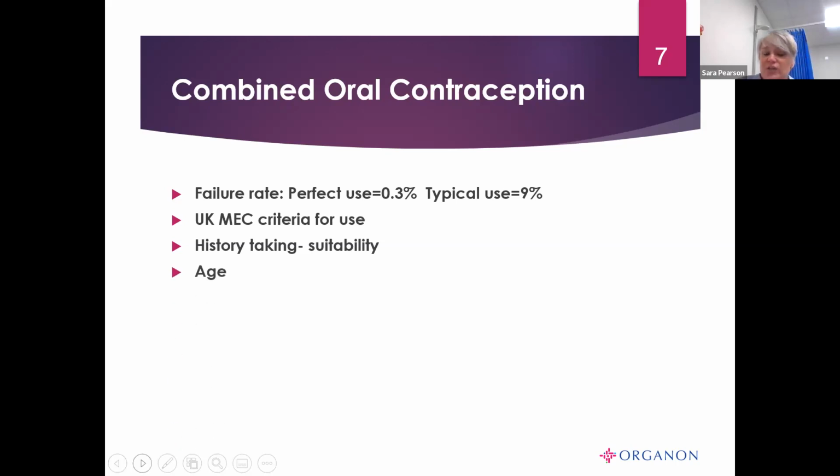Age range. So the age range for a COC, the upper age limit would be 50. The lower age limit, really, there isn't one as such, because if you identify somebody as being sexually active and they need contraception and they fit the criteria, they can be initiated on a COC from a very young age. It may be that with that comes a little bit of safeguarding, which may open a can of worms,